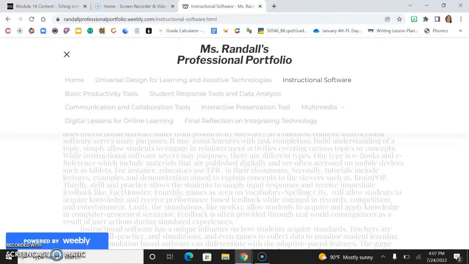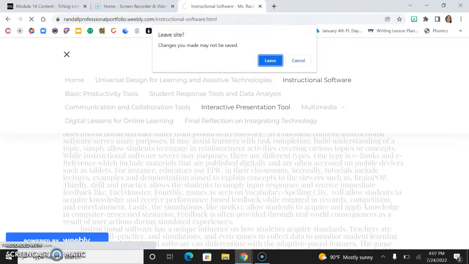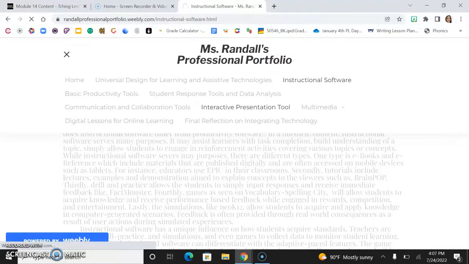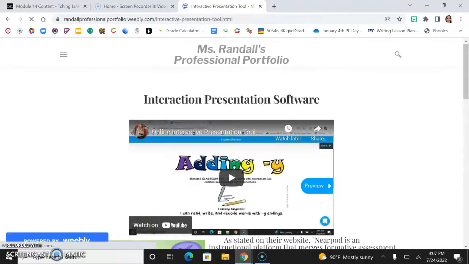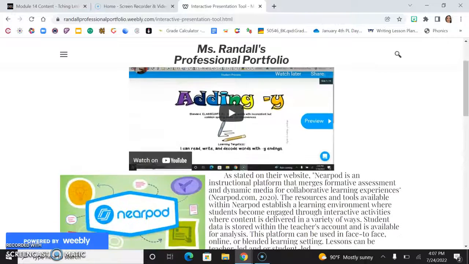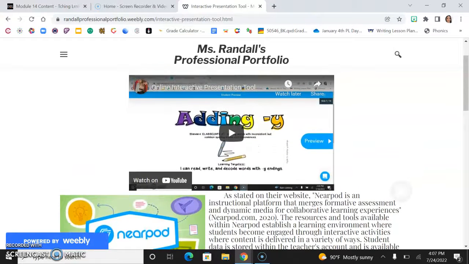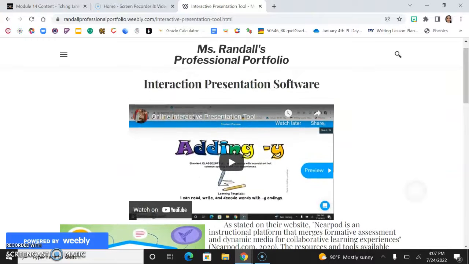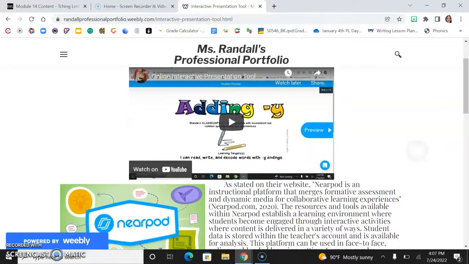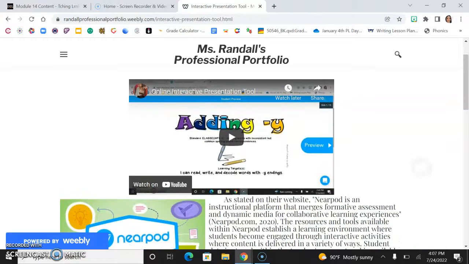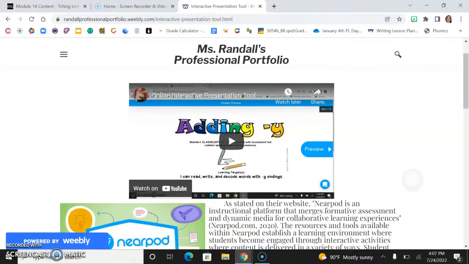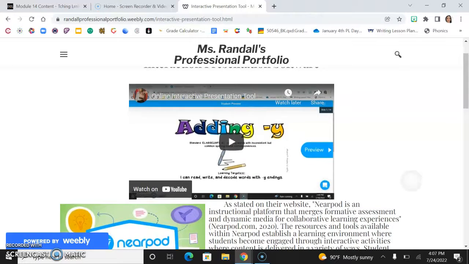Now we will take a look at one of the pages where I had a bit of a challenge. That particular page would be the interactive presentation tool. Here we were able to develop a lesson that engaged students over a course of a few days, and the only challenge that I had for this particular topic was deciding which activities would be appropriate for